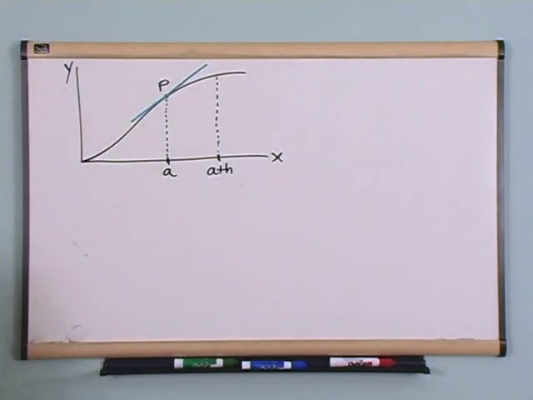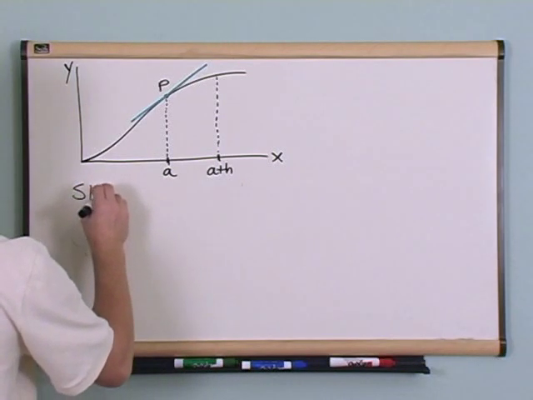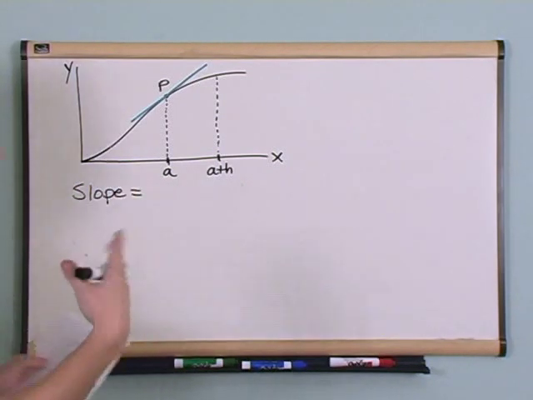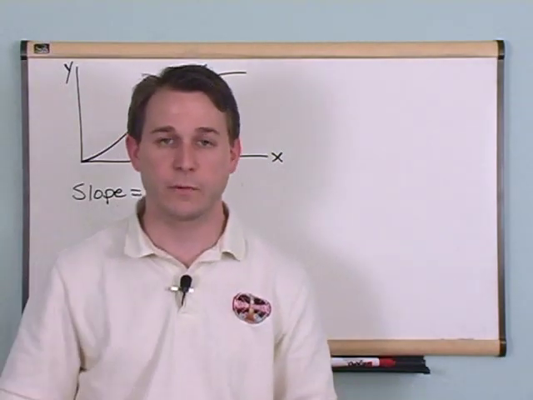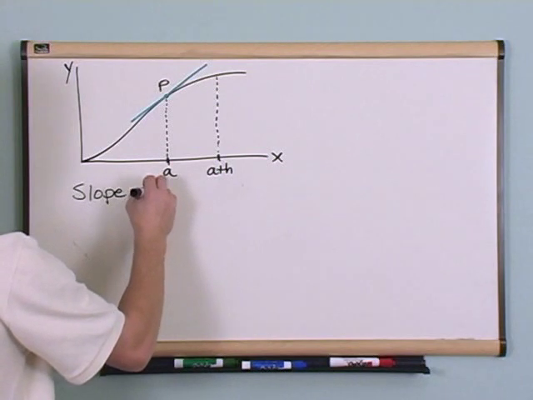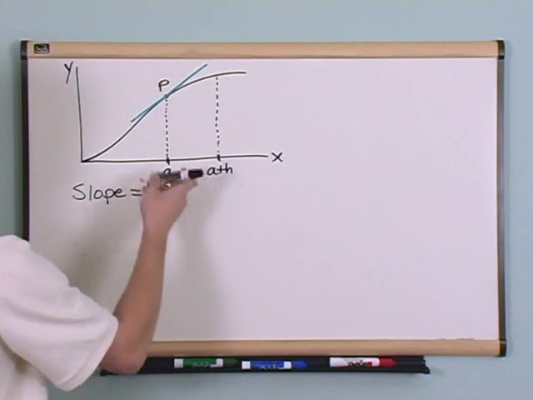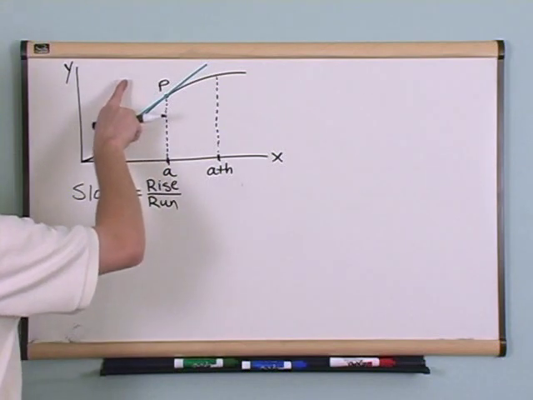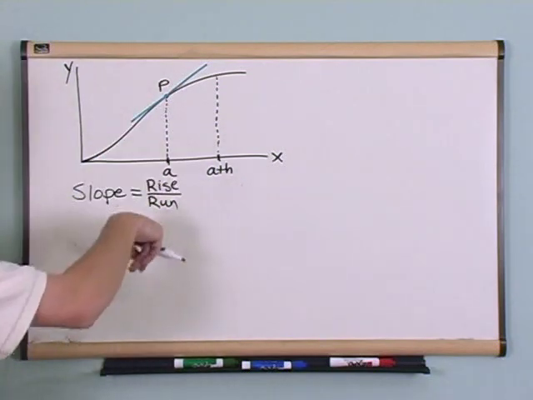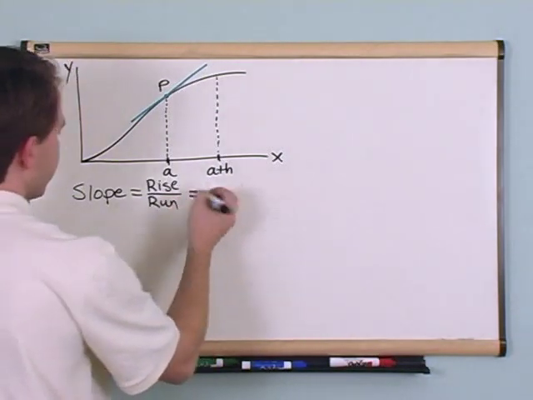So let me ask you, what is the general formula for the slope of a line? So don't think calculus here, think algebra. What did you define as the slope of the line? Well, you'll probably remember it was the rise over the run. In other words, you calculate how far up you go and how far over you go, and you divide those numbers and you get what you call the slope. We also wrote that as